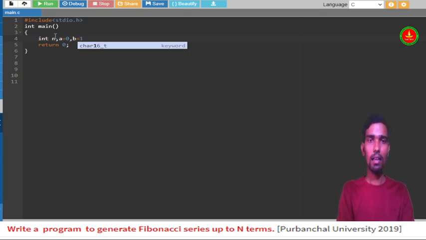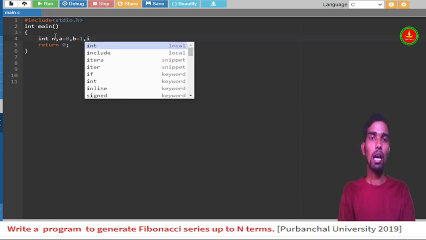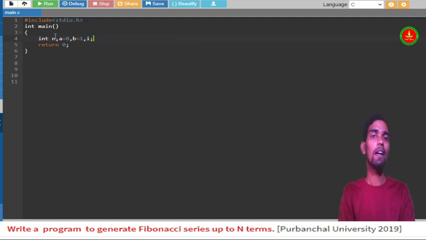Okay, and what I have to do, some temporary variable I can also take, but let me take one counter i, so I can run the loop and go up to n. Okay, and what else I can do, let me do it, and later on based on requirement we will do. So I am printing it on the console.